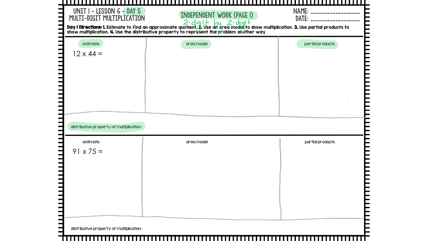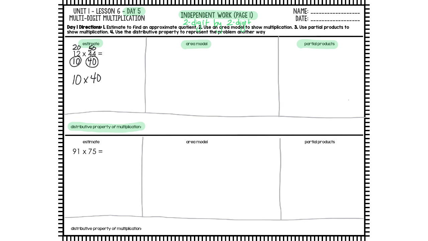Alright, let's estimate. So I have 12. 12 is close to what? 10 or 20? Well, 12 is closer to 10. And then I have 44, which is going to be, is it closer to 40 or 50? 44 is closer to 40. So when I multiply 10 times 40,